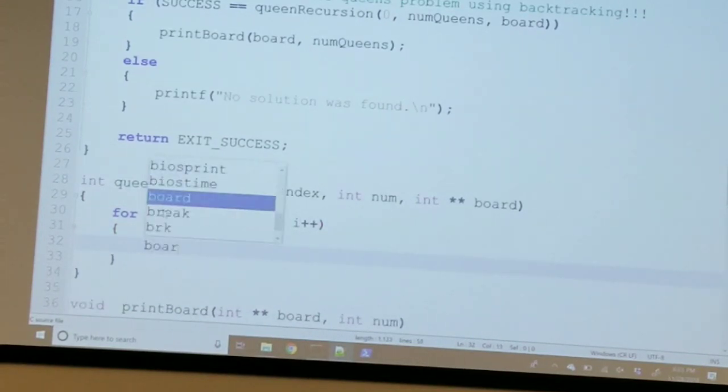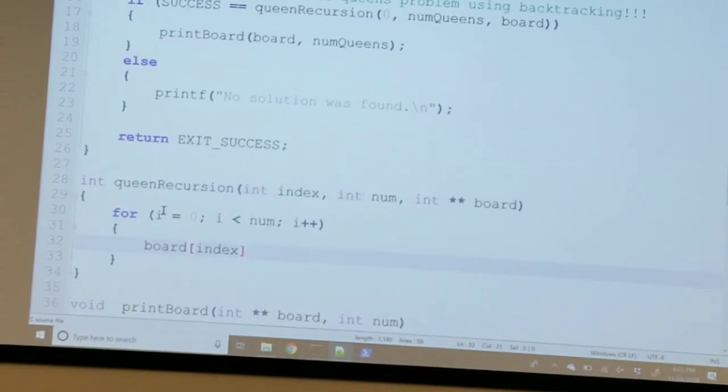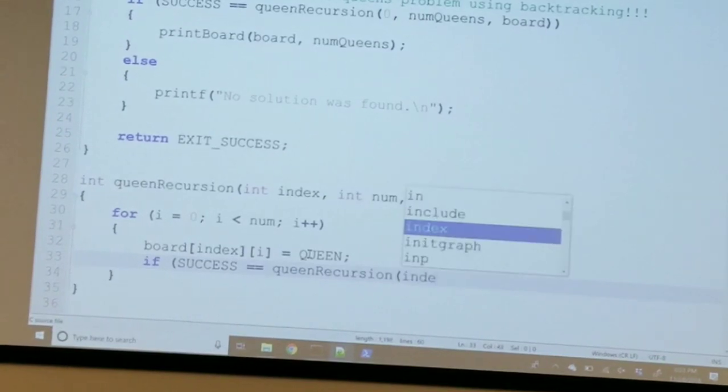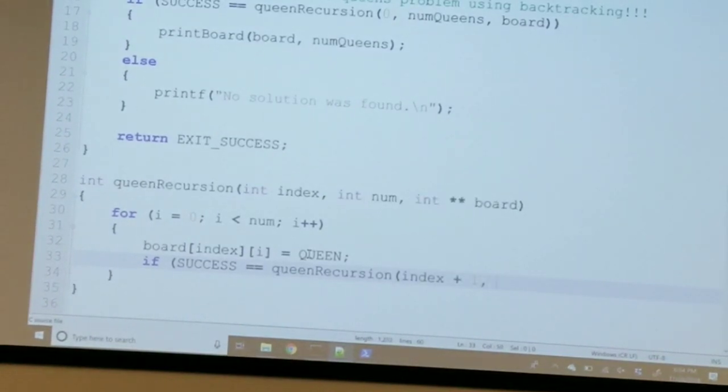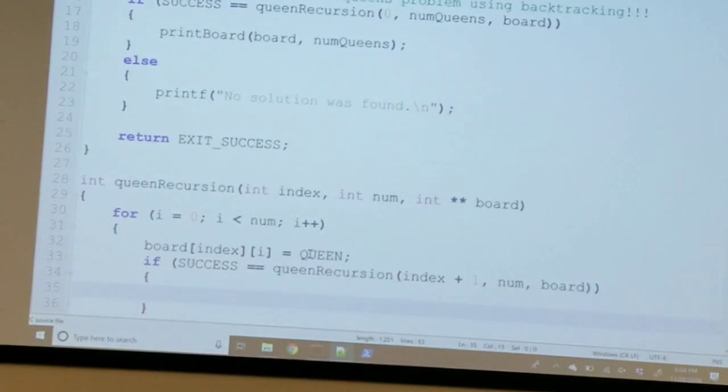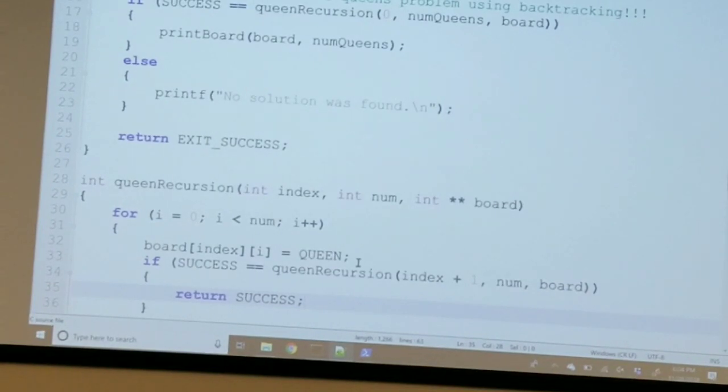What that means is we're going to do board of index, because we're in the indexed row, and place something at this location. We're going to say that this is a queen. Then, if it is successful to place it at that location, and we can check that by recursing again one more index down, placing the queen, still having the same number of queens to place, with the board remaining more or less the same, then we have a successful board, so we will return a success as well. If we were successfully able to place the queen there,